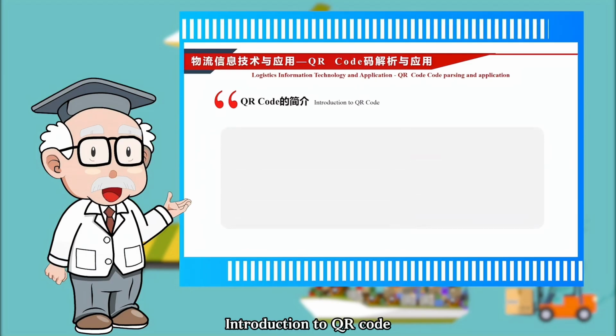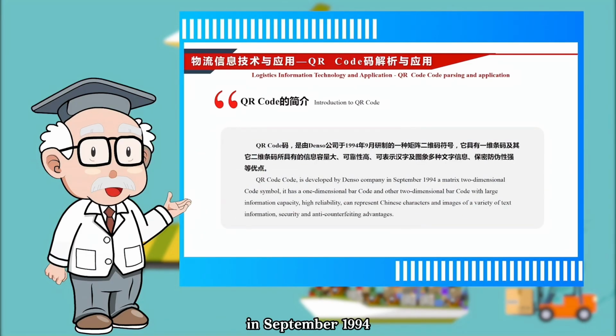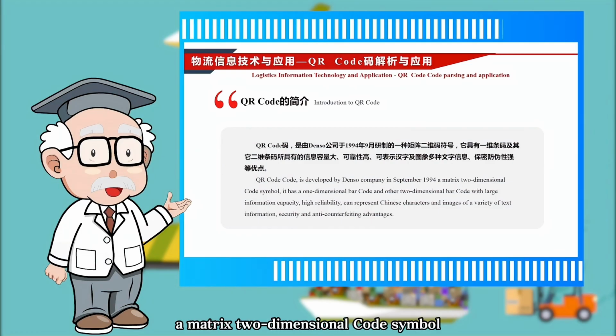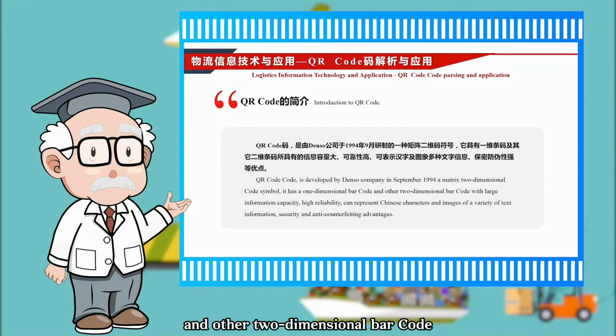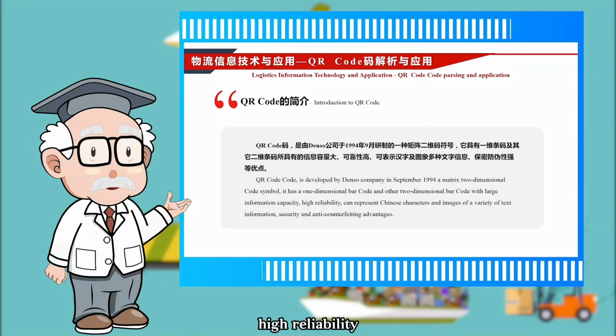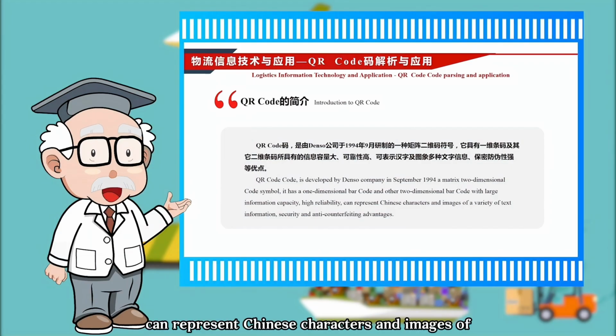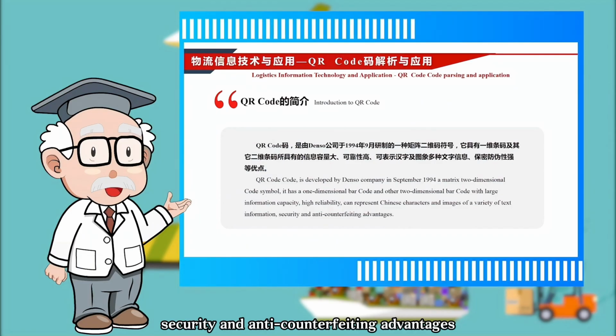Introduction to QR code. QR code was developed by the Denso Company in September 1994, a matrix two-dimensional code symbol. It has advantages over the one-dimensional barcode and other two-dimensional barcodes: large information capacity, high reliability, the ability to represent Chinese characters and images and a variety of text information, security and